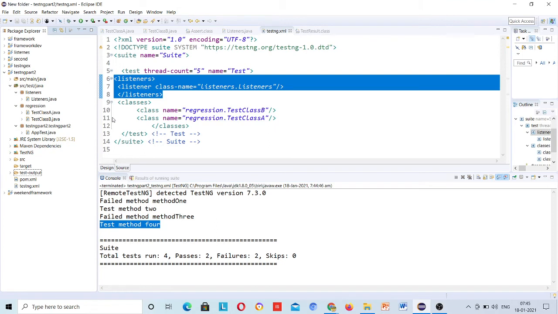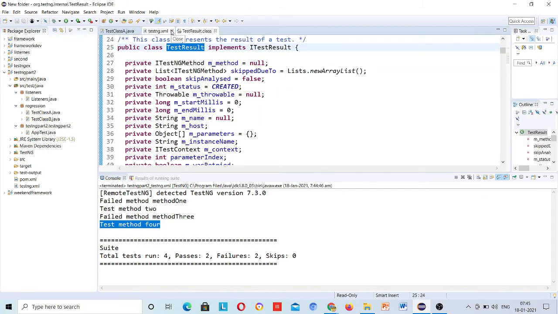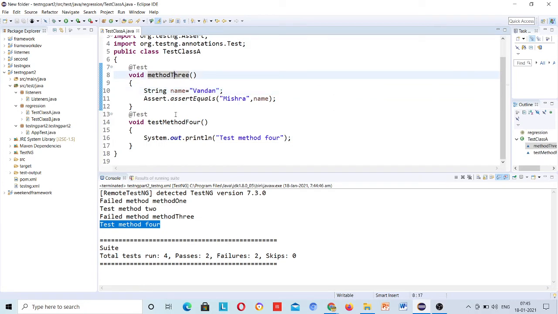Now just understand the data provider annotation. This was about listeners. So if your test case is failing, you can use them.